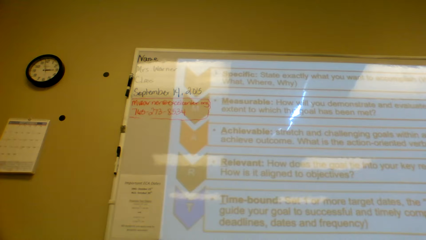So if I said that I wanted to enroll 500 students, well, in turn, I'm really putting myself in a bad spot. Because that's not realistic. Now, if I said that I wanted to reach out to 100 students, that's something a bit more attainable. That's something that I can actually achieve. That's something that mattered to my position. If I said within 2 semesters, that would have a time limit on it. It would be measured by the amount of students that I had in my classes, as well as my Phi Theta Kappa students. So it would be something that I could actually measure as well.